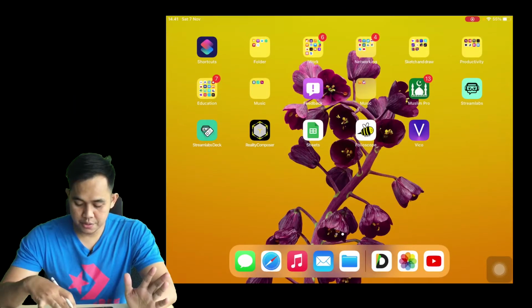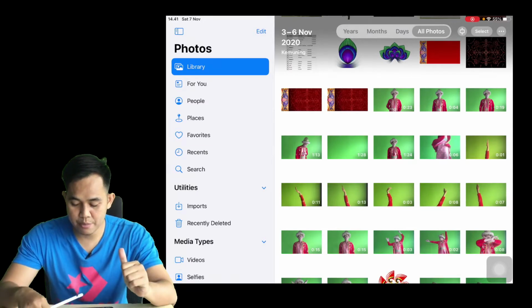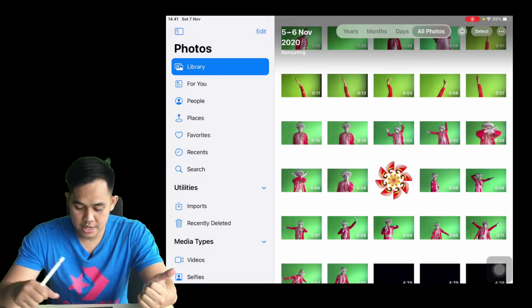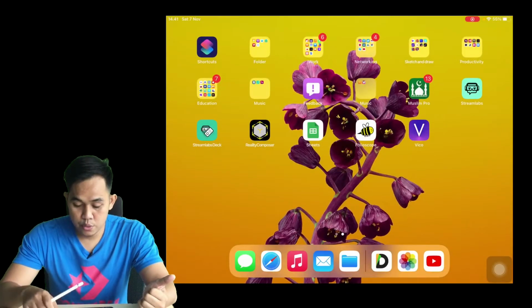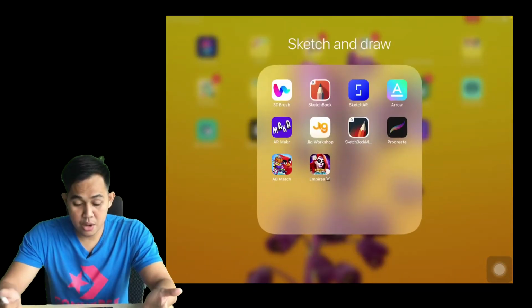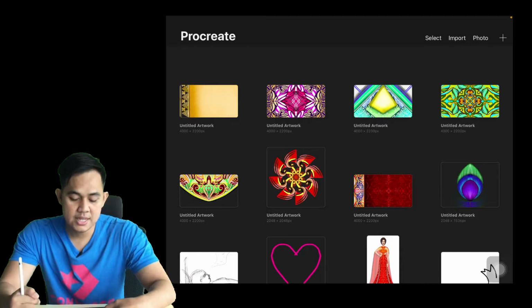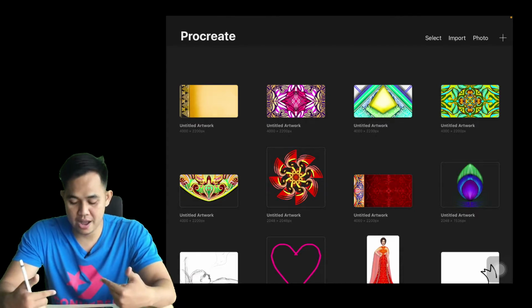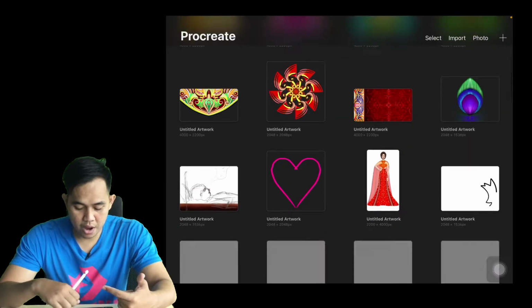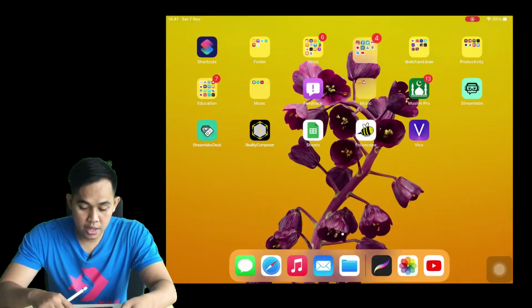So first, you just record yourself by using a green screen with your camera, around 20 clips. So it's just like this, and after that we make a background by using Procreate. You just prepare around 6 or 7 wallpapers for your background, and one background you can transfer to Keynote style. And we're going to the Keynote app,